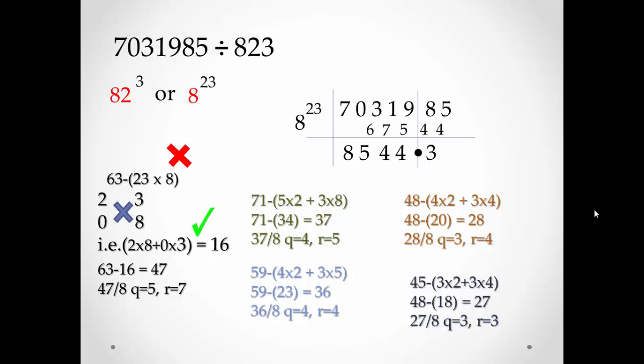45. 45 minus 3 times 2 plus 3 times 4, which comes out to be 27. 27 by 8 is quotient equal to 3 and remainder equal to 3. We add 1 more 0 and we stop over here. 8544.33 is the answer. So friends, you might be a bit confused and you might feel that this method is